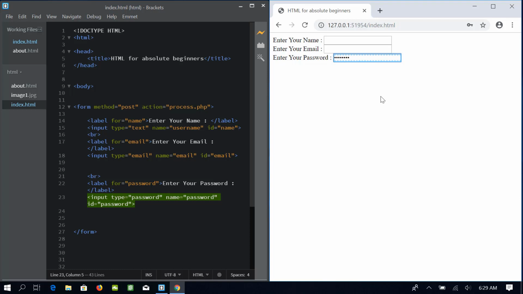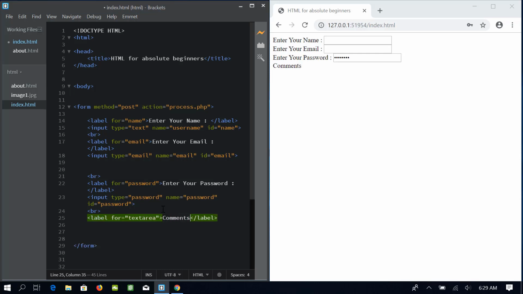Okay, next I will add the textarea element. The textarea element is the multi-line text box. This is typically used for comments, etc. So first add a label and set the for value to textarea and give it the label comments. Then add the textarea element.